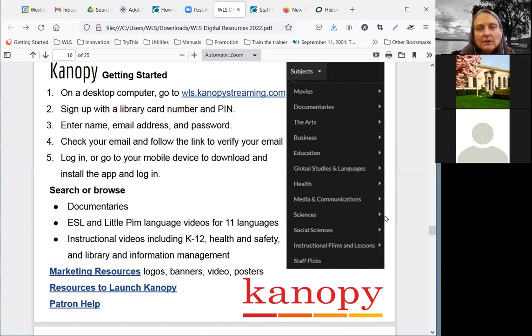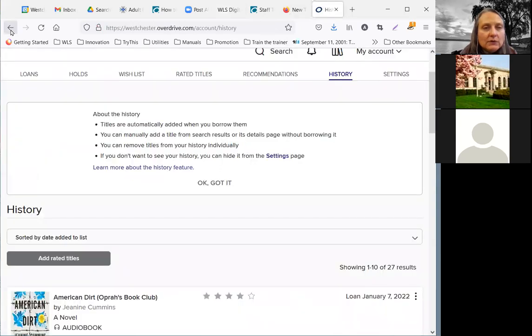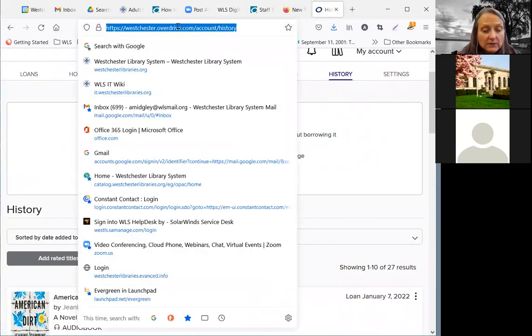They don't have to set up their account on the app as well. I think sometimes for people who have vision issues, that can also be easier to do on a desktop before they go to the app. I wanted to take a look at some of the Canopy options, just very briefly. I'm going to pull this back and we'll go back to the WLS site,